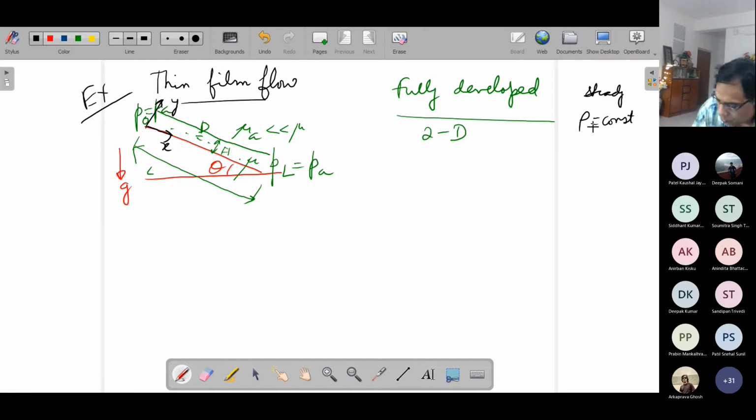And of course, there are many problems where it is not steady, but here there is no inherent steadiness. That means either boundary condition or something. We are not putting any unsteady component or time dependent component. So it will attain steady state at some point of time, and we consider the state from then onwards. And density of this liquid we are considering as constant, which is not a very bad assumption.